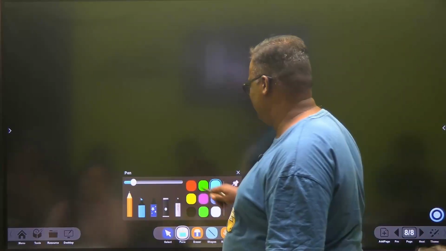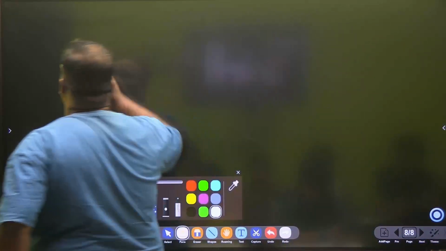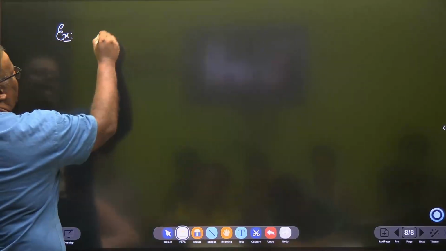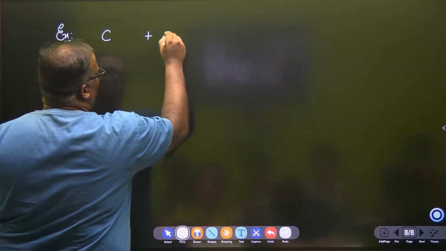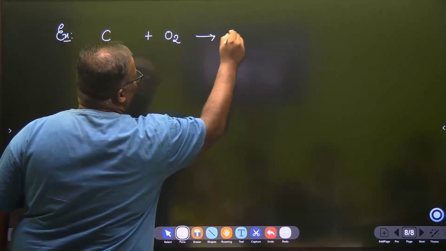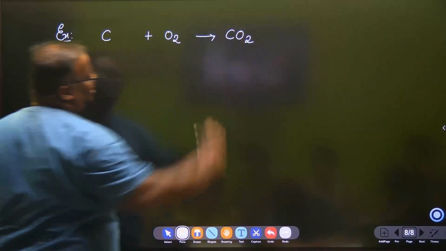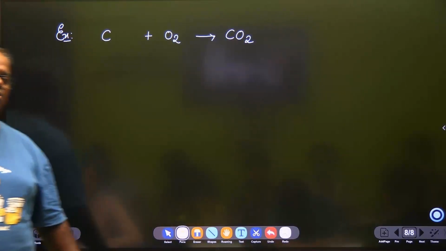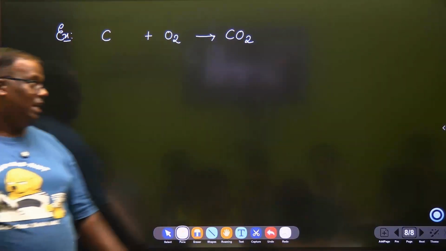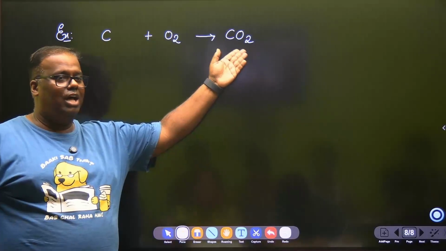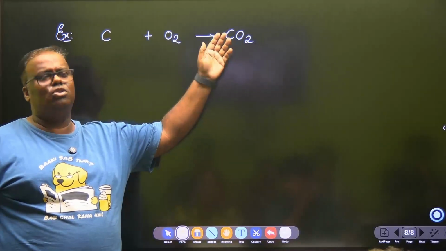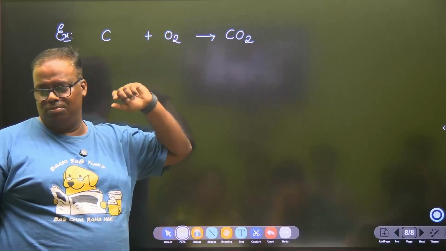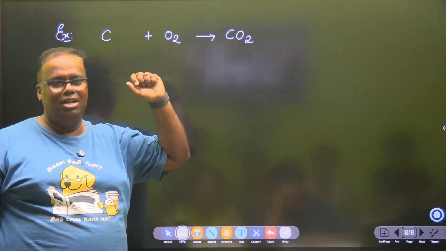We'll take your examples. First I'll take one easy example. Carbon burns in oxygen to give carbon dioxide. Now let us go by your book process: addition of oxygen. Carbon got oxygen added to it, so carbon is oxidized. But here there is no removal of anything, so it becomes tough to understand. But now we will